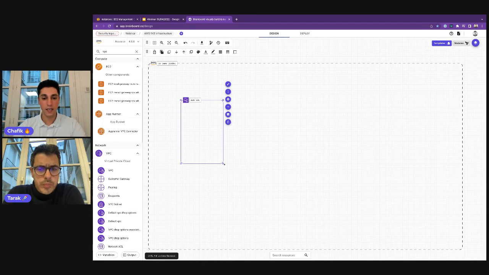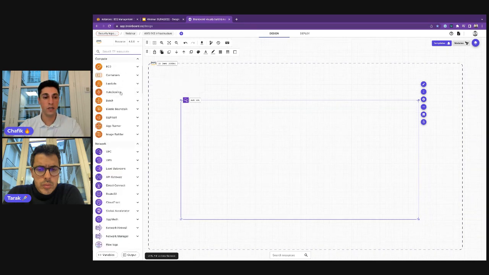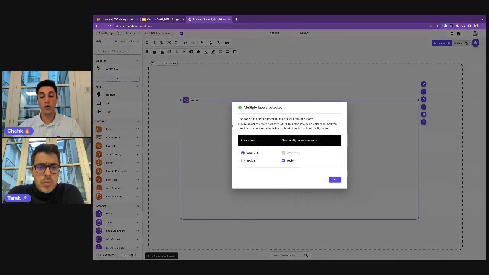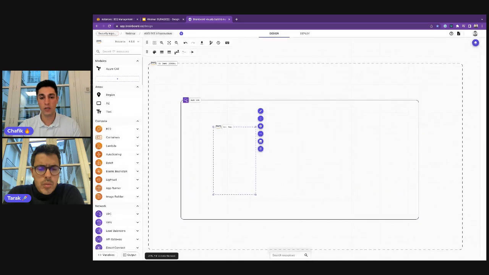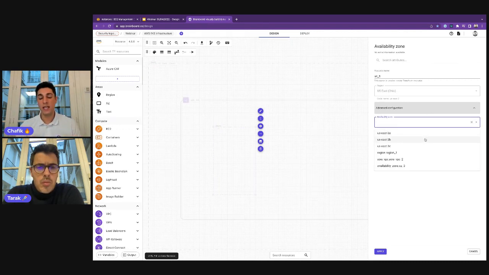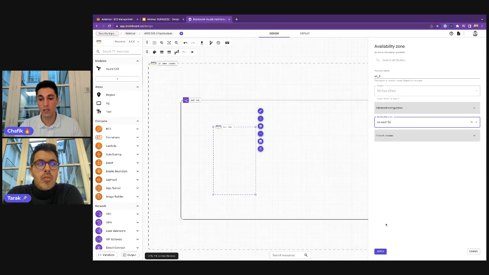And inside this VPC, I'm going to add 2 availability zones. So here, I'm going to add the availability zone 1. And when I add the resource, Brainboard is able to detect when I add a resource inside another. So maybe for the availability zone, it's not obvious, but I'm going to show you for another resource how it works. And when I add availability zone, for example, here it is in the region Ohio, Brainboard gives me all the available availability zones in this region. So here, for example, I know that I have 3. I select this one, save it,